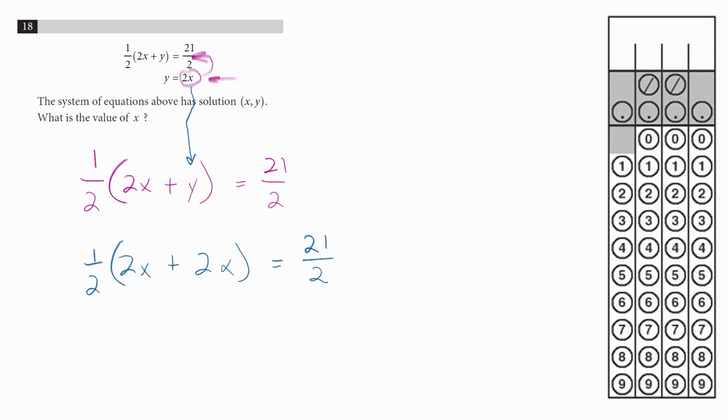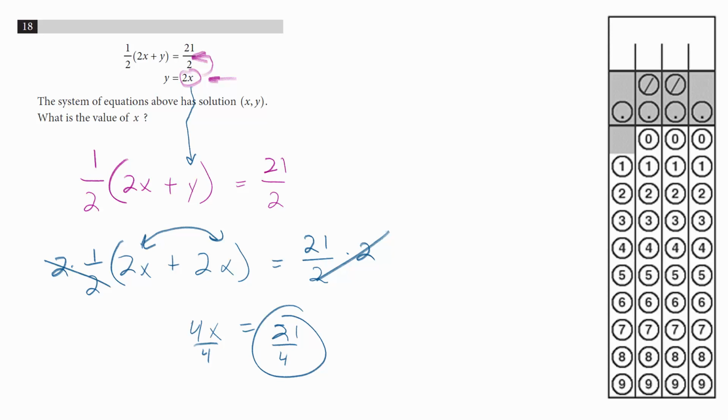So I have a 1/2 on the left and an over 2 on the right. So if I multiply both sides by 2, the 2's cancel. And I have like terms in the middle. So my 2's are canceled. 2x plus 2x is 4x. So 4x equals 21. So this means I can divide both sides by 4, and I get 21 over 4